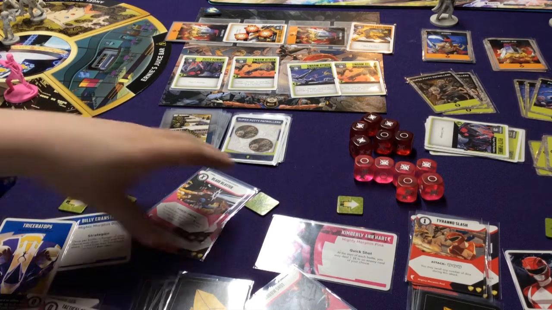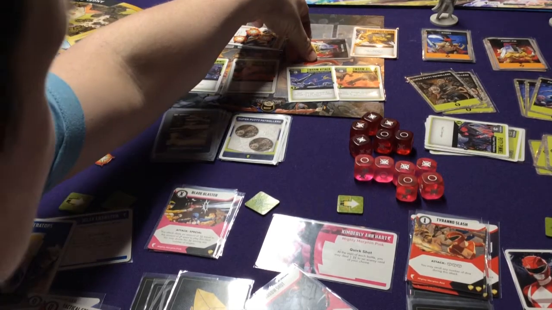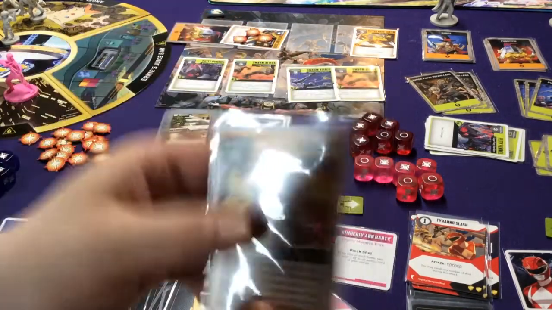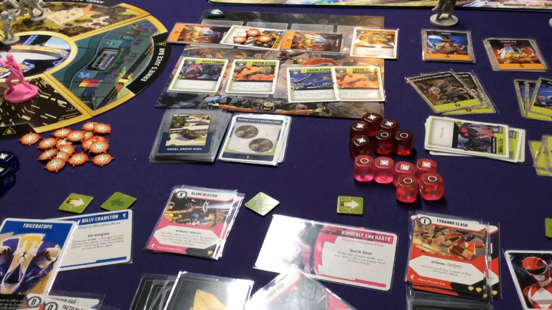Alright, so I'm going to have to take some hits here. Now, before I take any hits, I got 2 things I can do. 1, because I defeated I'm Hungry, it says, each ranger may return 1 card from the discard pile to their hand. So, I get to pick 1 card I want to put back in my hand. So who has... since I have no energy...